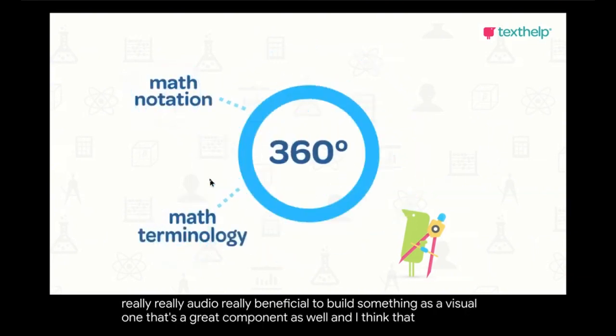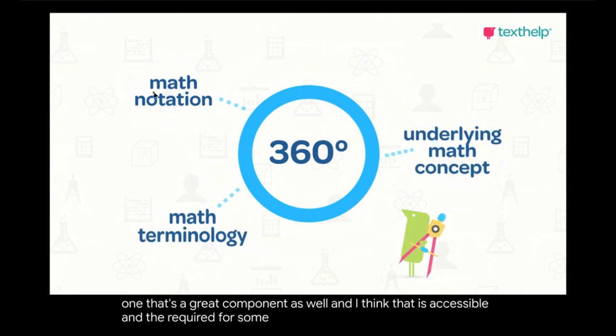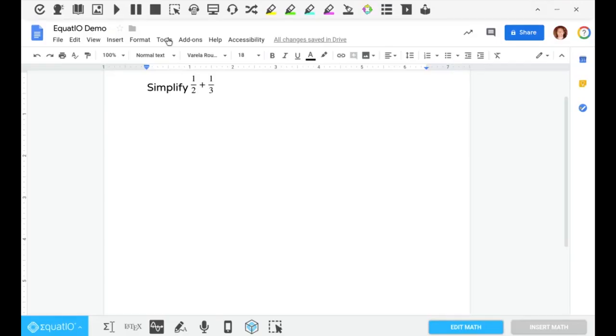And so I think we want to take all these accessibility tools, and they're required for some, but I always say they're awesome for all. So let's just go ahead and jump into a demo here. How can I go ahead and do this? I'm going to use G Suite here. I'm in a Google Doc, and I'm going to do some basic things to show these different UDL input tools.